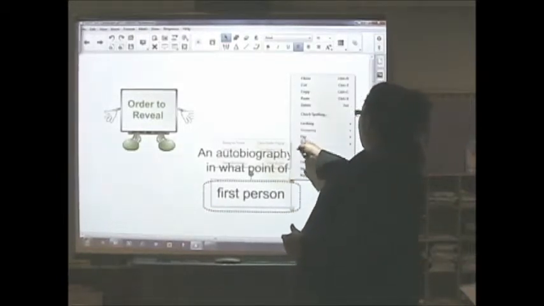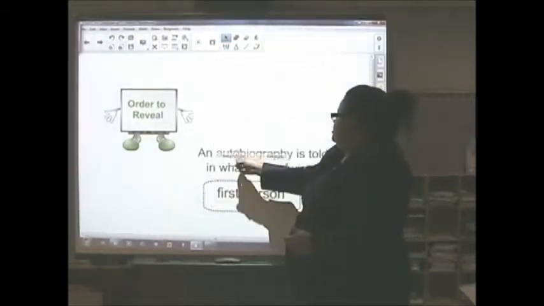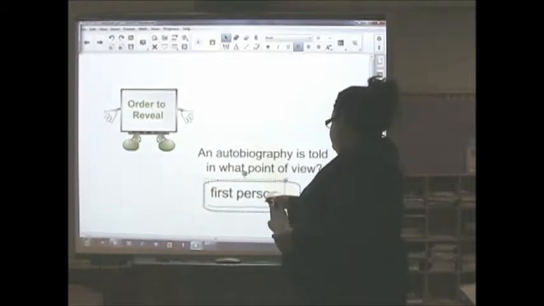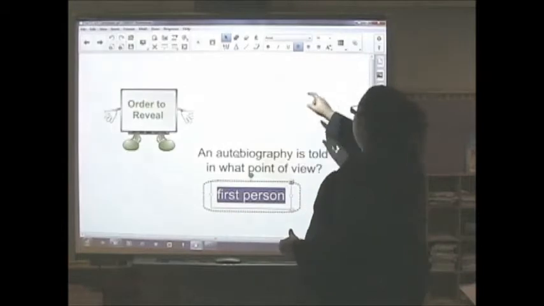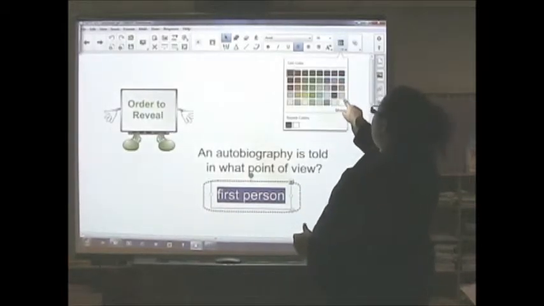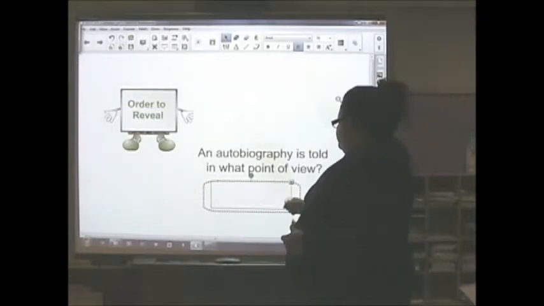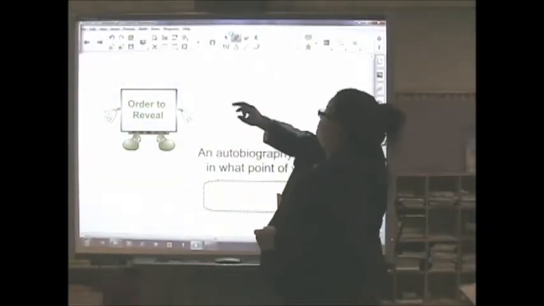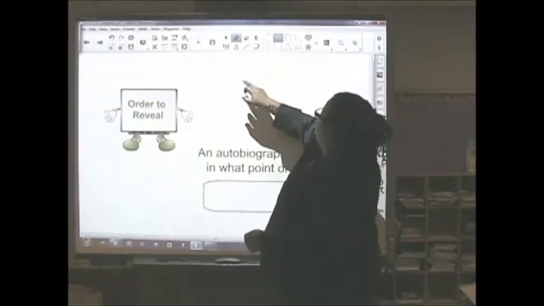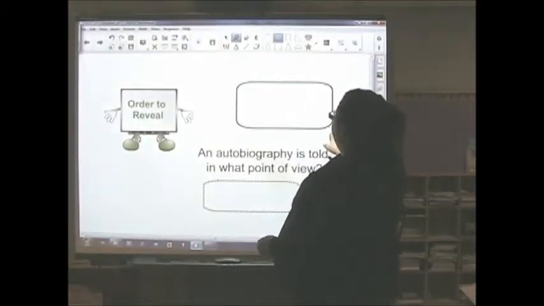First, I need to bring the order to the front so that I can get to it. And now I have it. So I want to change the wording to white. Click on my color palette again, my text color. Pick white. And now it's white. Now I choose another object from my tools bar. We'll take a rectangle, draw it,